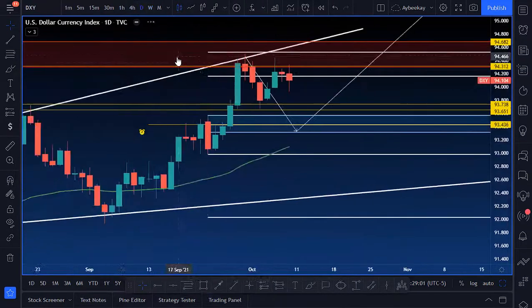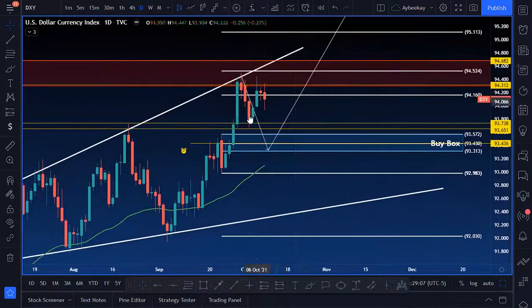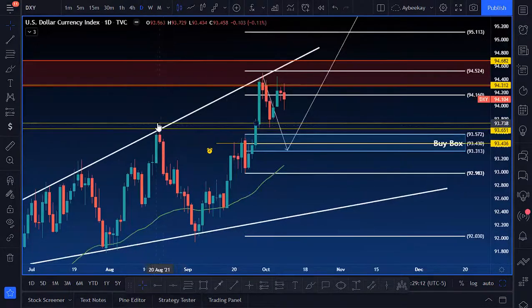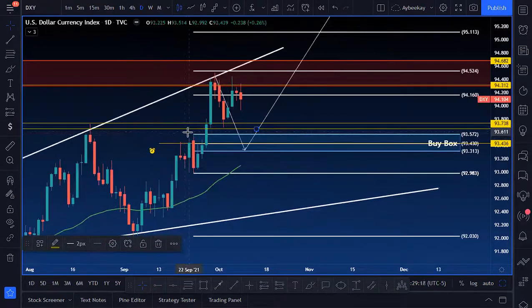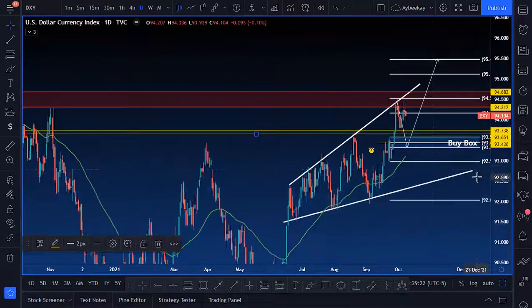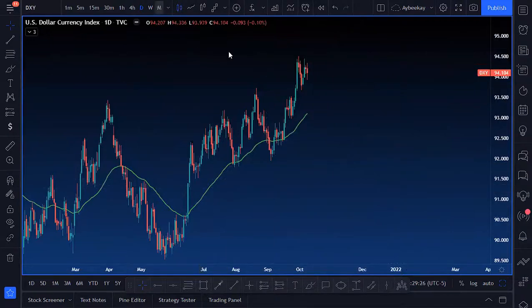But ultimately what I wanted the price to do was jump down to this buy box. Let me go into the daily time frame. After coming to this high, I wanted it to retrace back to this buy box before trying to go bullish again. However, it did stop at this zone that it was previously rejecting off of, and then it bounced and went bullish after that. So when I'm seeing that, it's not necessarily making me want to get into anything with the DXY right now. But I'm going to go ahead and remove the drawings and let's get a fresh markup here, right?